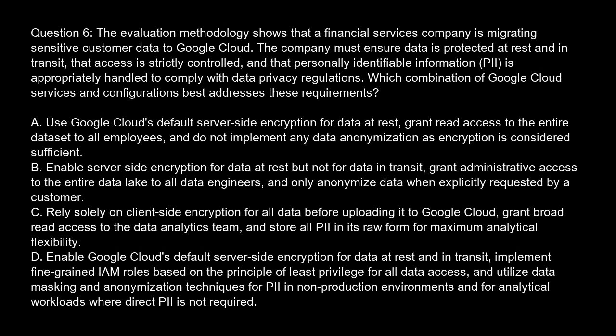Option A. Use Google Cloud's default server-side encryption for data at rest. Grant read access to the entire dataset to all employees, and do not implement any data anonymization, as encryption is considered sufficient. Option B. Enable server-side encryption for data at rest, but not for data in transit. Grant administrative access to the entire data lake to all data engineers, and only anonymize data when explicitly requested by a customer. Option C. Rely solely on client-side encryption for all data before uploading it to Google Cloud. Grant broad read access to the data analytics team, and store all PII in its raw form for maximum analytical